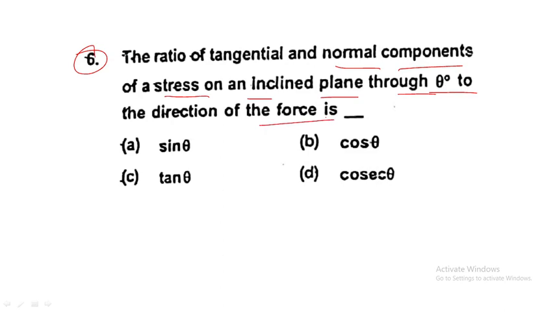What actually we call it as, let me draw what they are telling: the ratio of tangential and normal component. What is a normal component? For example, this is an element, and this is a line passing like this, or we can say axis a, consider a or a dash. And this is a stress, here normal stress, or this one is tensile stress. And this is the line, we can say it will divide.